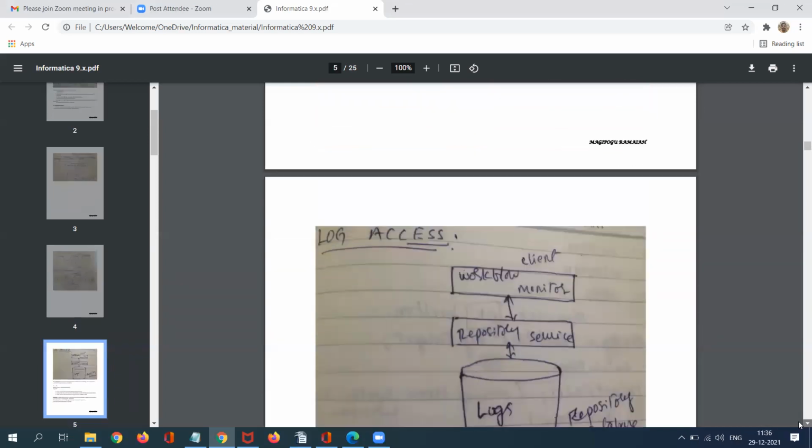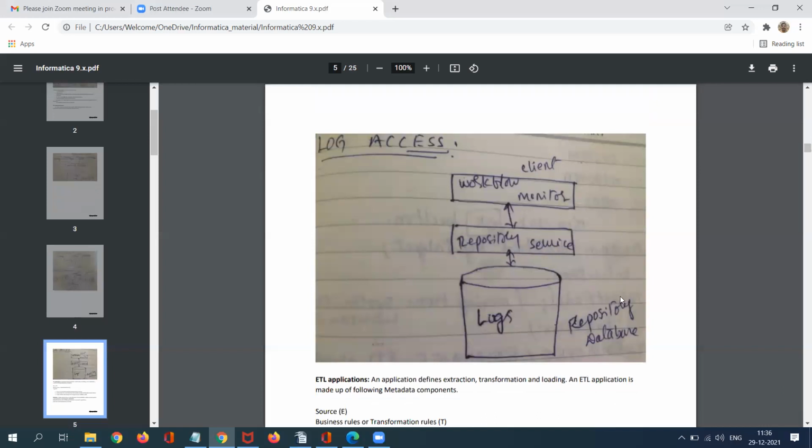Next one is log access. Log access is nothing but once your runtime is completed, it means that you run your workflow, automatically your session will identify the relevant mapping. That mapping will help you to load source data into target according to your business rules.